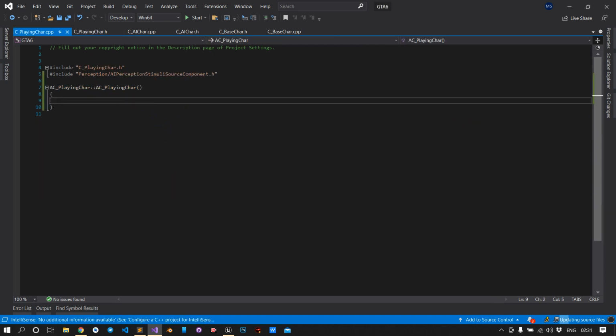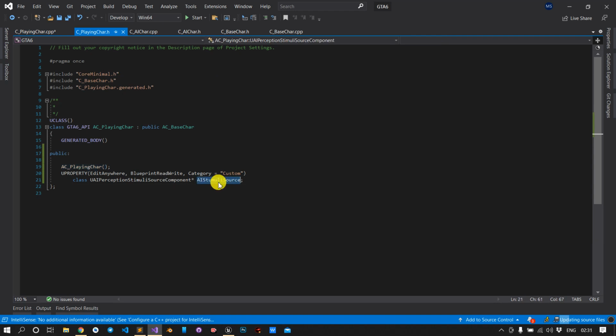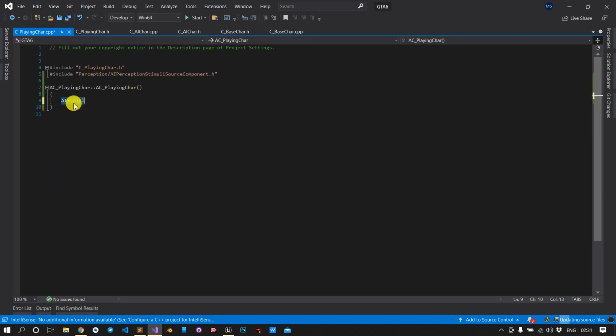In the constructor you have to create that component. For that we will copy the AI stimuli source name first.